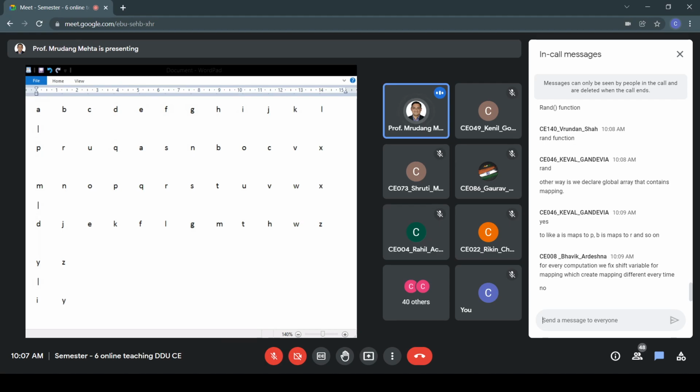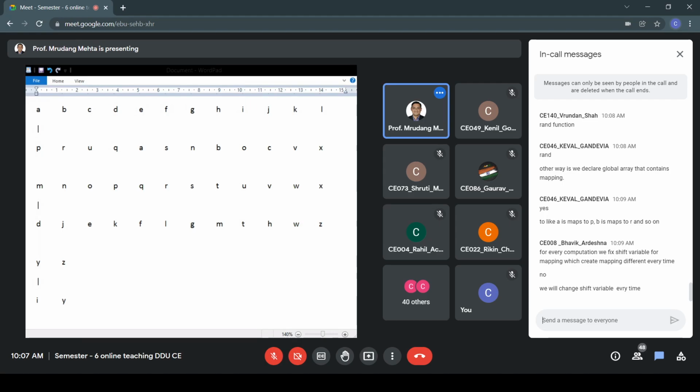Yeah, if you use some mathematical technique like shift operation, an additive shifter kind of formatting. Why do we call it additive shifter? Because by the key value the character is shifted. Okay, that is what we have done. So if you use a shift variable, then it will actually be similar to the additive kind of mechanism, and then you have a limited choice. Okay, Bhavik? We will change the shift variable. That is the key.